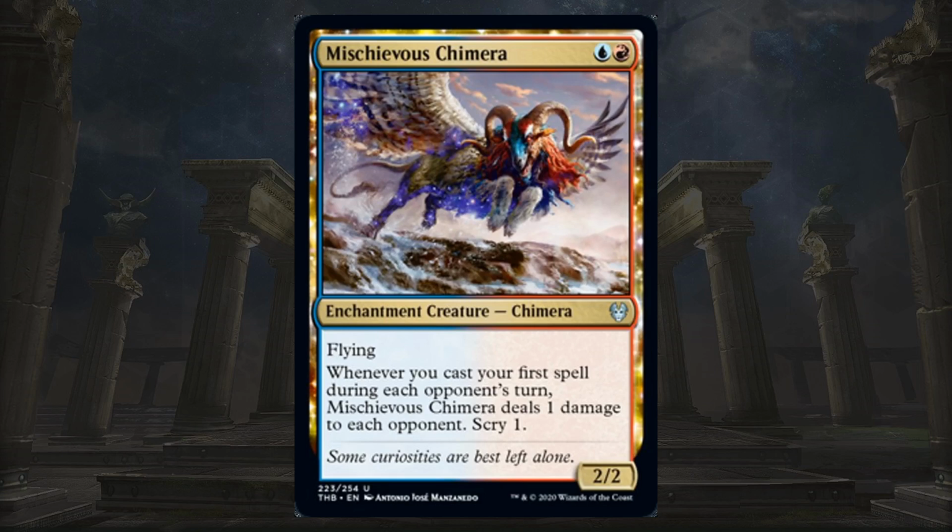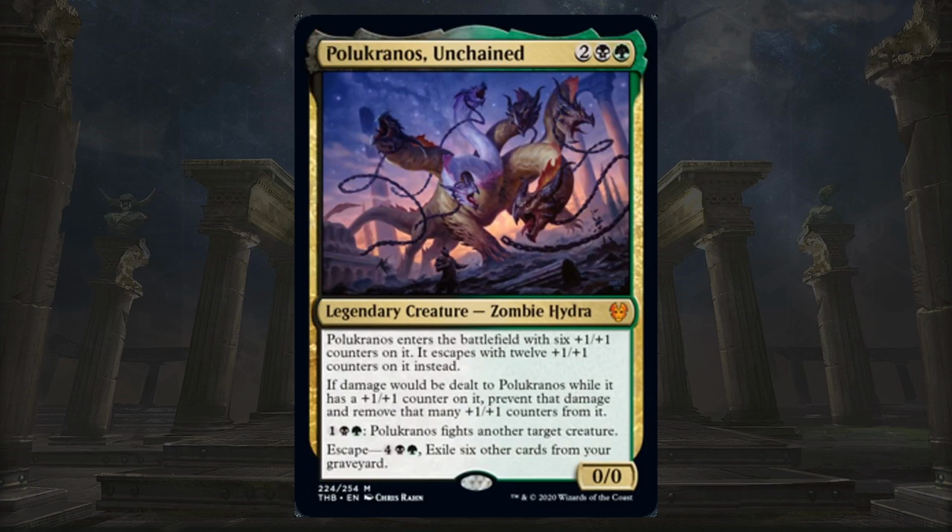This is the lower end of the B spectrum, but I still think it's a B, or maybe it's a B- on a bad day. But a 2-mana 2/2 flyer is really good. It's also an enchantment creature, and you're going to get incidental value in your blue-red decks just from naturally casting spells on your opponent's turn, like removal. And if you have a really good version of the deck, you're probably going to be doing that a lot. So I think Mischievous Chimera is probably just a B. Next is Pulukronos